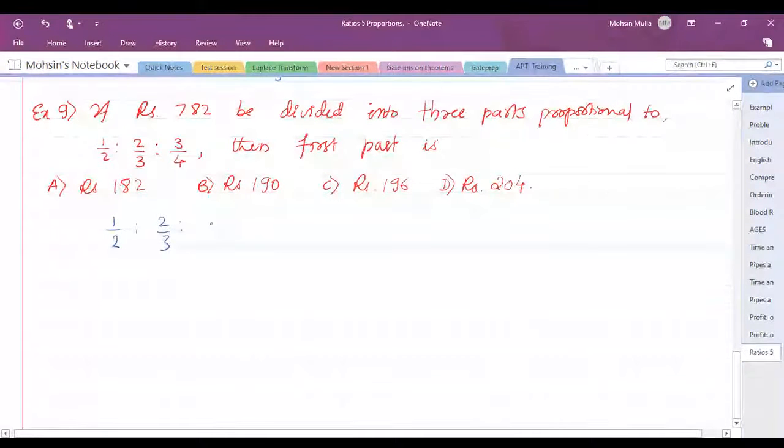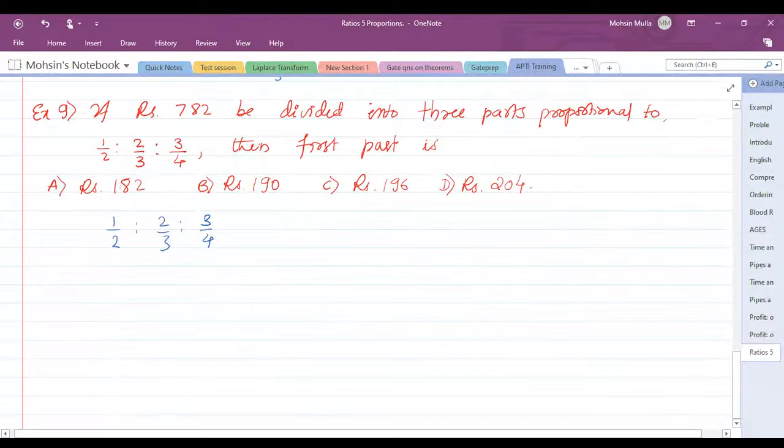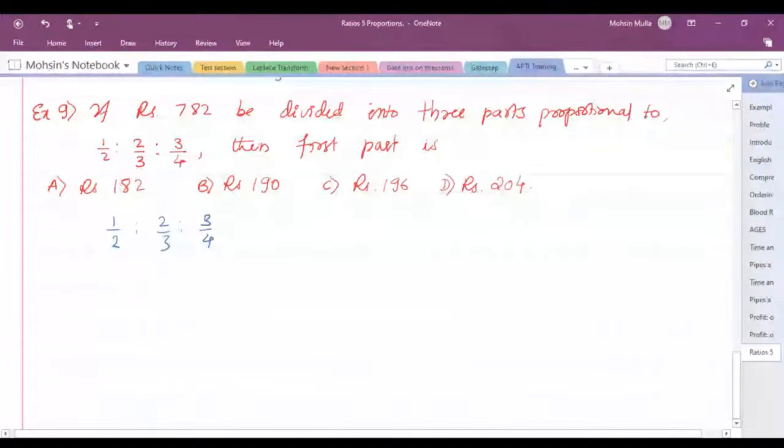Okay, so how many parts are there? 4 parts, 3 parts, 8 parts, like that. Here fractional parts will not be considered usually. So for that, if there is something common between the ratio, that will get cancelled. Based on that, to cancel the denominator, we can try to make the denominator common. Here we have 2, 3, 4.